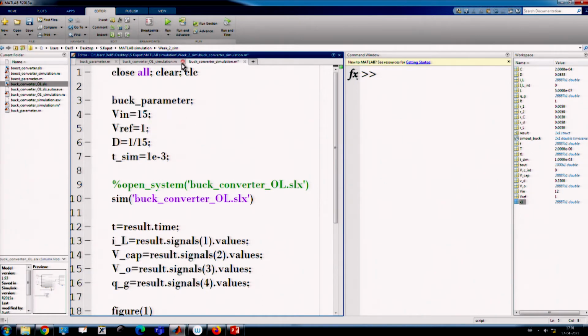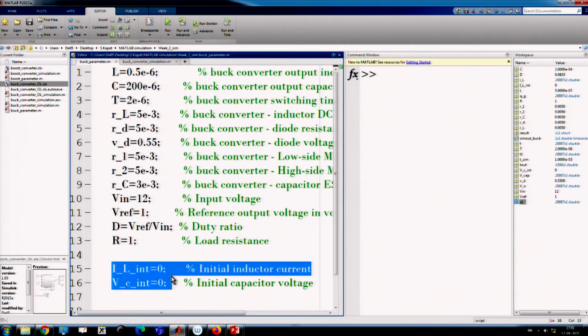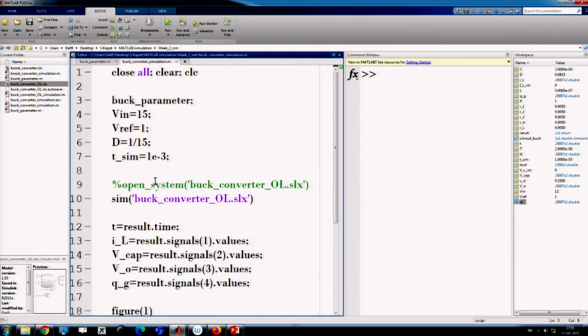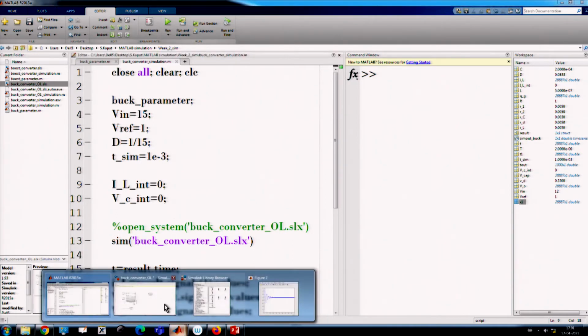From the parameter file we also want to call this initialization file as well. This is one of the most important parts that we should specify at the beginning, initial value. So, these are the initial values of the inductor current and the output voltage. Okay, so I can initialize from a separate point.